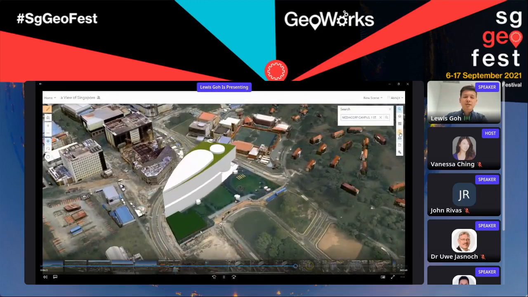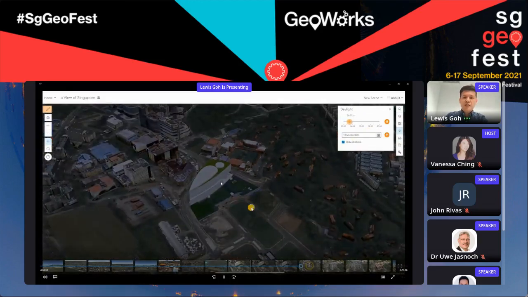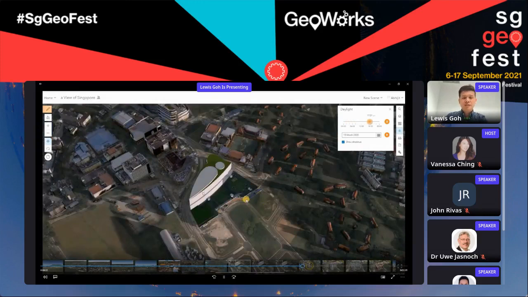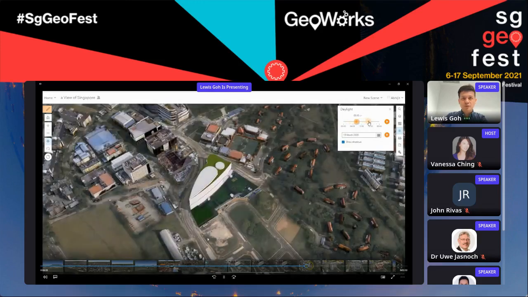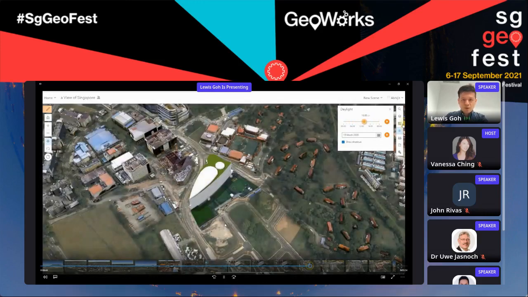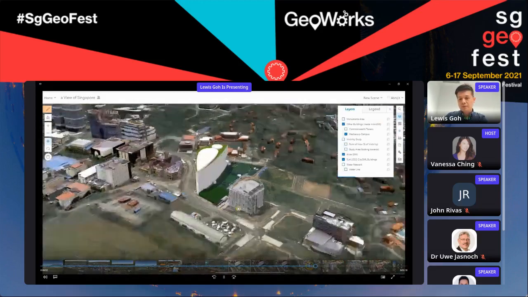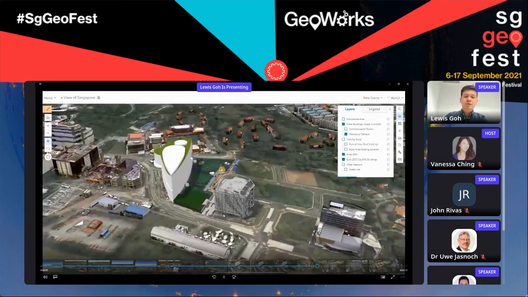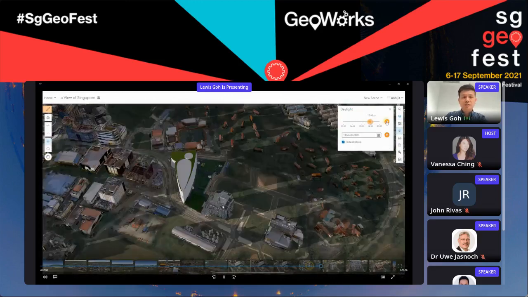Shadow impact analysis allows us to understand the shadow impact of the surrounding buildings and infrastructure to design a building that fits harmoniously into the surrounding. As you can see on this model, the shadow of MediaCorp building was analyzed during the design phase of the Alice project, which will be here. We were able to create the shadow of the MediaCorp building, analyze the impact, and design it to be away from the shadow. This not only allows proper sun exposure for Alice inhabitants and promotes the use of sunlight as the main form of light energy, thus reducing electrical energy consumption to go green.